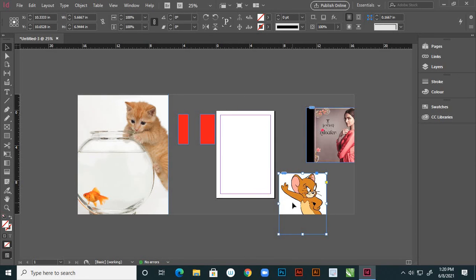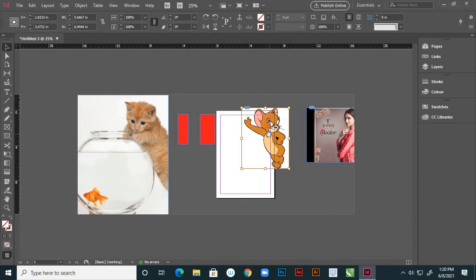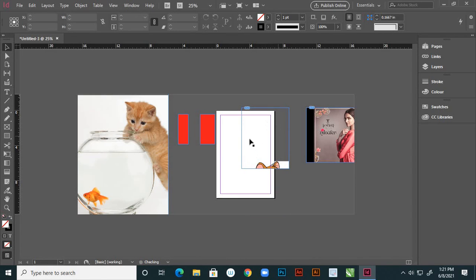Keep here. See here, when you drag this, the midpoint, there is a center point, a hand symbol is coming. In that case, if you drag, it is going inside this frame box, right?